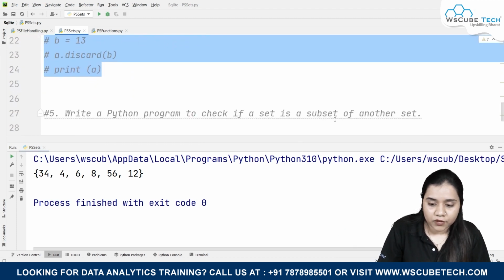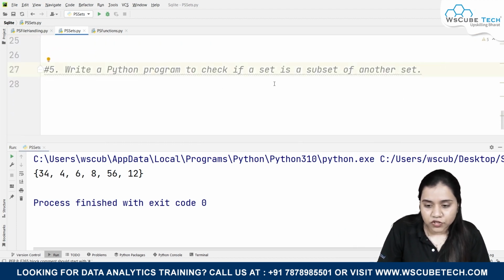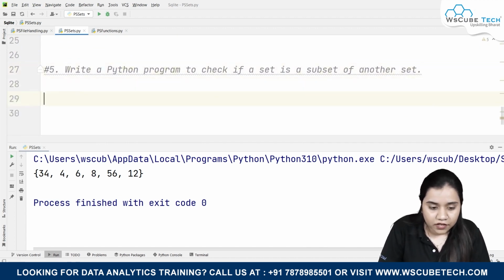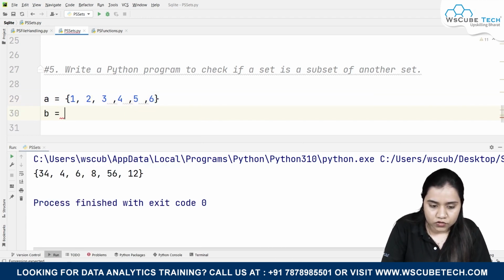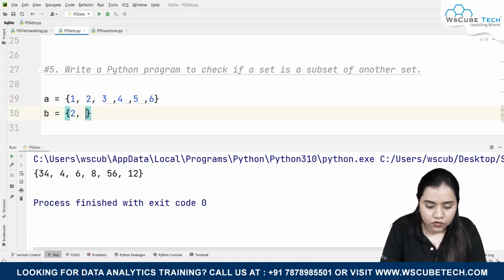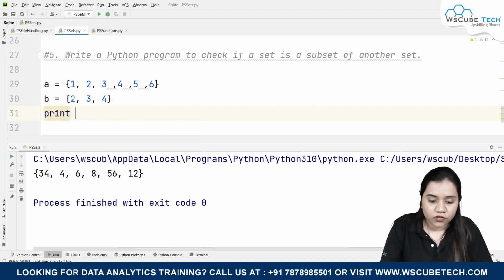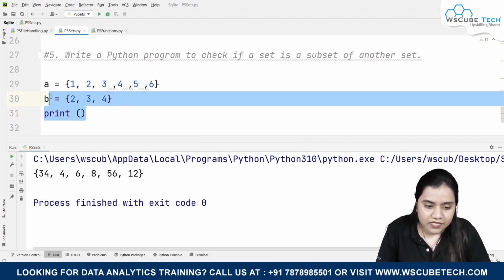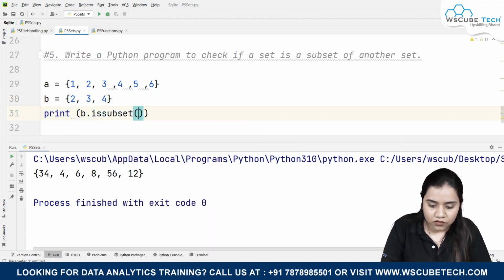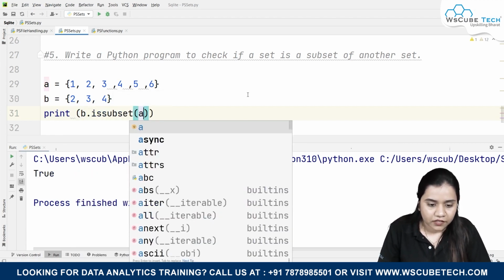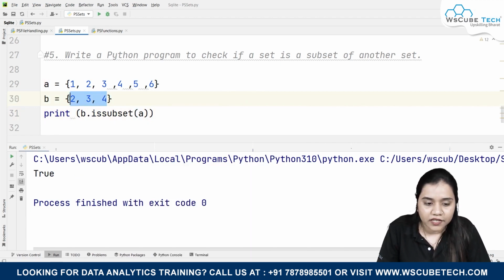Next, we will be talking about our last question, which says write a Python program to check if a set is a subset of another set or not. So I'll be considering two sets, and I'll be writing A is equal to 1, 2, 3, 4, 5, 6, and another set B is equal to 2, 3. What I need to check is if this set B is a subset of A, that is, it is a part of A. So if I write B dot issubset A and run it, it gives me True